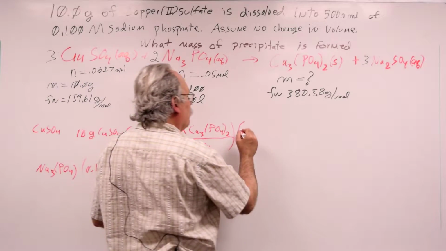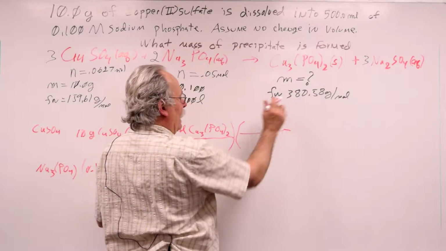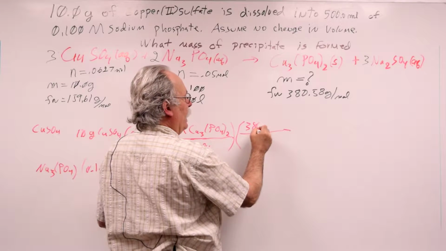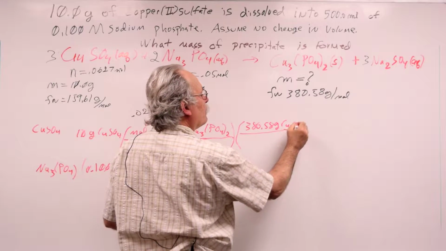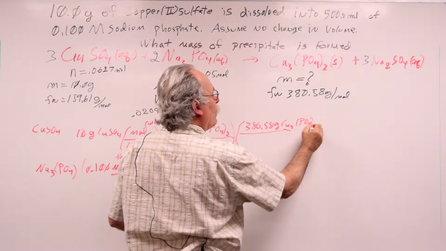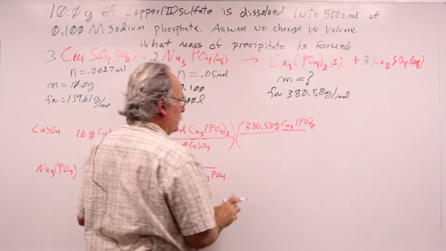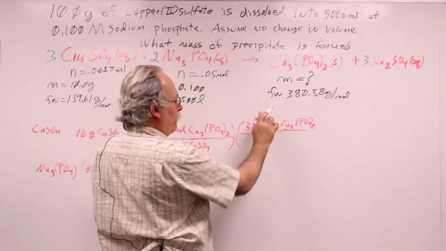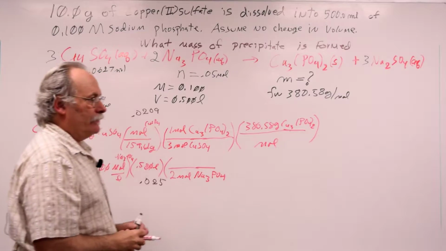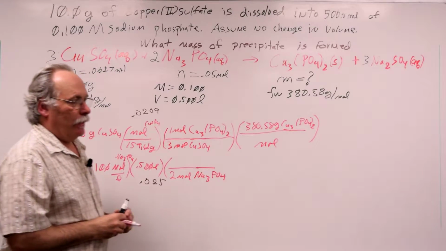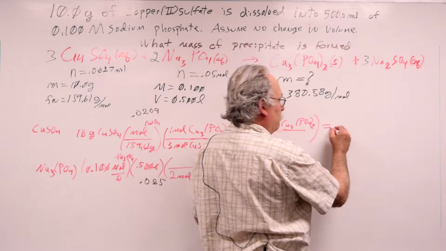So I would then multiply by the molar mass of this, 380.58 grams of Cu3(PO4)2, and this would be grams per mole, its molar mass. And this gives me the mass of the copper phosphate that would be produced,